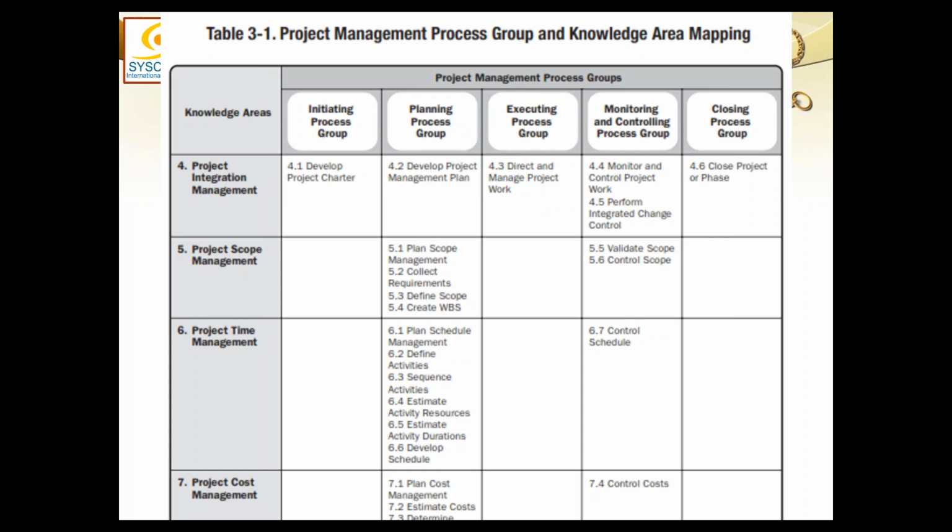So I have told you the story of the deliverable: coming from execution, going into quality control, coming out as a verified deliverable, going to validate scope, coming out as an accepted deliverable, and then being handed over to the customer through the closing process. Monitoring and control does not hand over the product directly to the customer. It hands over to the closing process. After ensuring that everything has been done and nothing is outstanding, it hands over the deliverable to the customer.